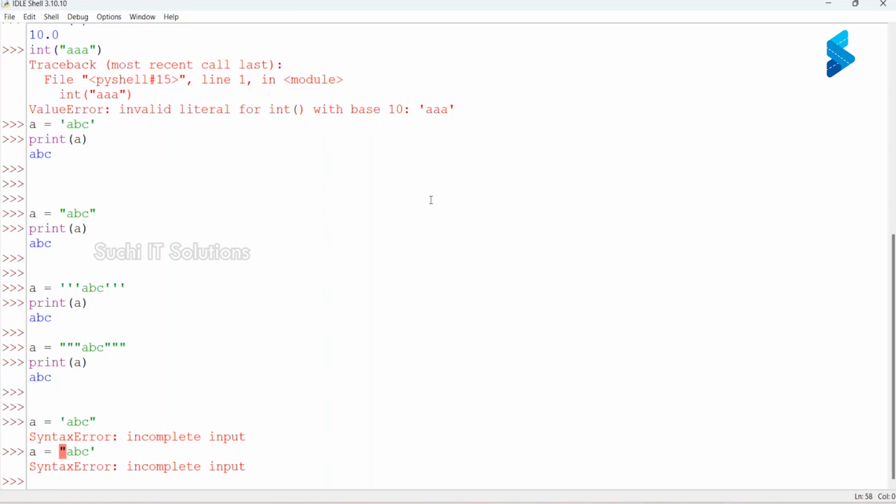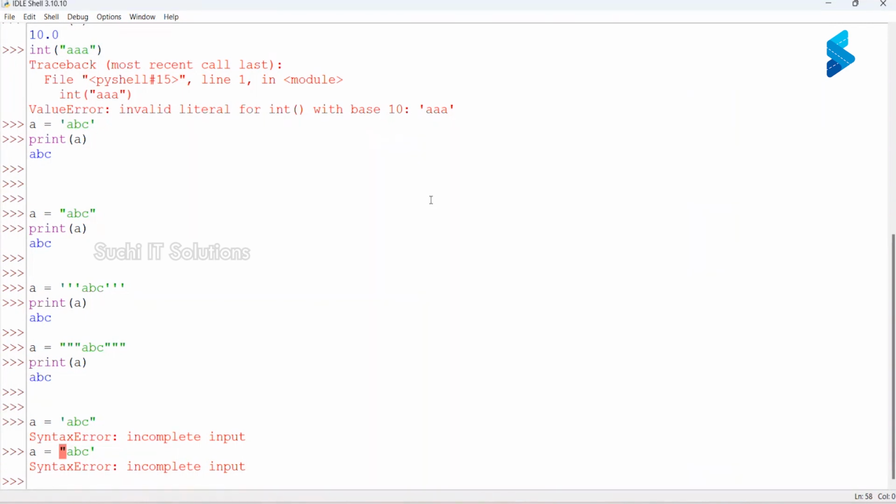Okay. Now, if a single quote works for a string, then why do we have a double quote? Okay, fine. If a double quote also works for a string, why do we have a triple quote? Why so many options to create strings? Any one could have been good enough. Now there is a specific significance. Single quote and double quote are okay, but triple quote, either triple double quote or triple single quote, comes with a small feature within it.